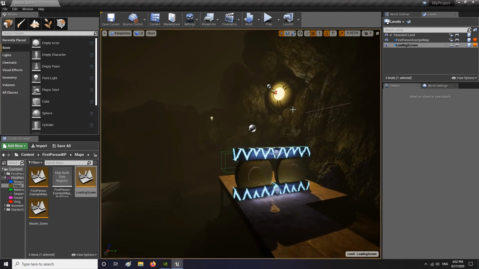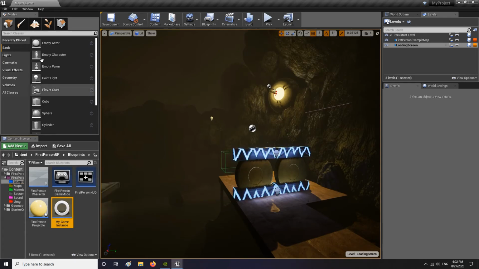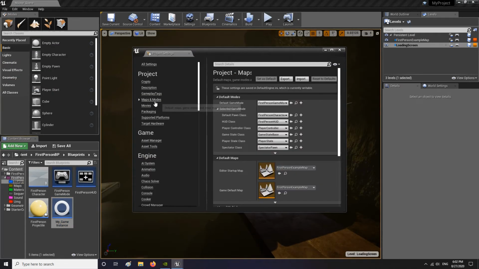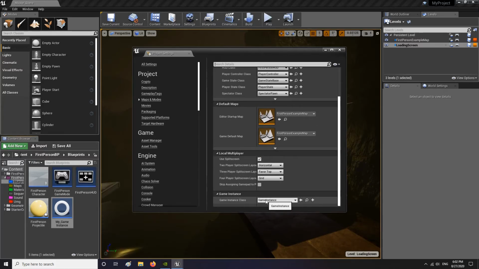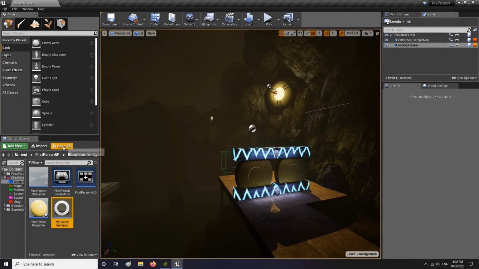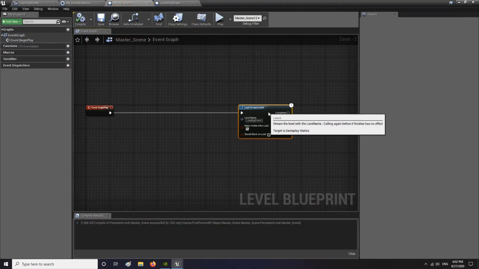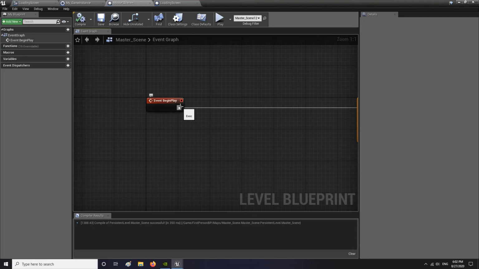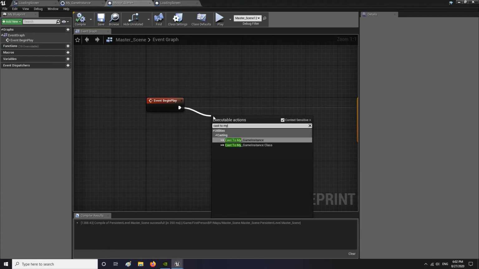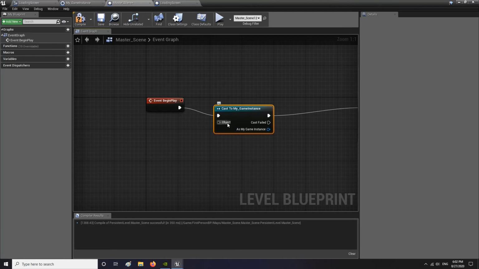So now you're almost done with all this. Now we have the game instance. So I created it. Now we have to add it to our project settings. So in Maps and Modes, you scroll all the way down to Game Instance Class, make it My Game Instance. This is important or else it won't work when you call it in your game. Inside the persistent level, we're going to set the level we want to load. So from here, we're going to do a cast to My Game Instance, Get Game Instance,